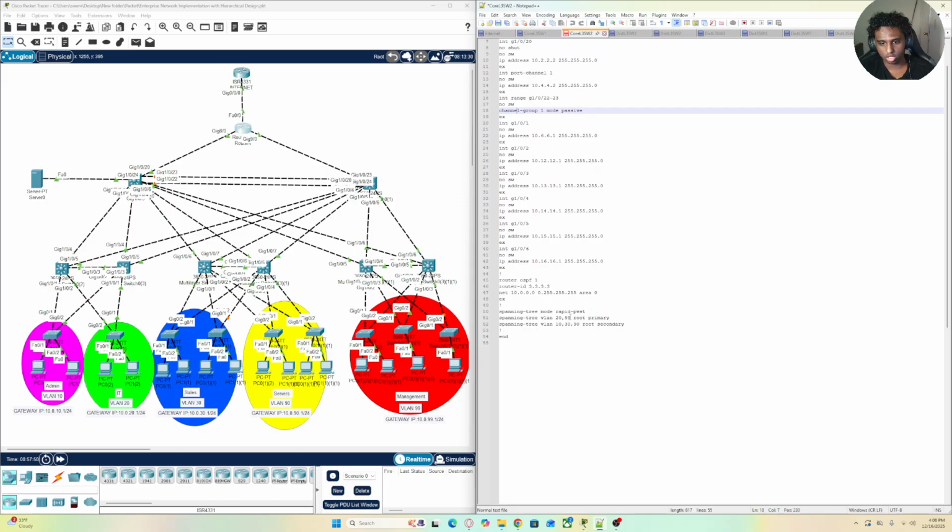This one does the opposite: the root primary is 20 and 99, and the secondary is 10, 30, and 90. That's it for the two